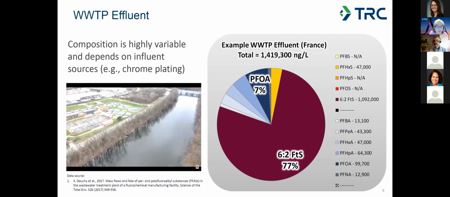The effluent composition is obviously going to depend on the wastewater treatment plant contributions and also aerobic degradation of precursors, the polyfluorinated compounds. So this is the signature of effluent passing through a wastewater treatment plant from a chromium plating facility. The one shown here is likely from a processed wastewater system, not a POTW. The 6,2-fluorotelomer sulfonate would not exist if it was a POTW. But the bottom line here is that the signatures of wastewater treatment plant effluents can be highly variable depending on the sources feeding the plants.